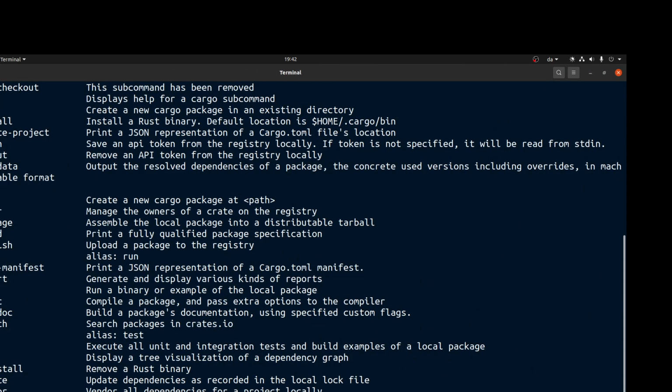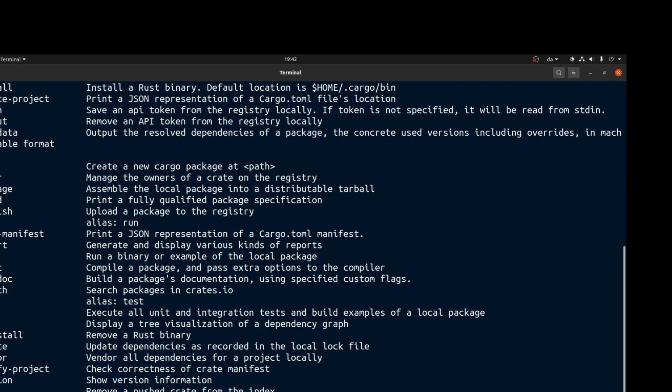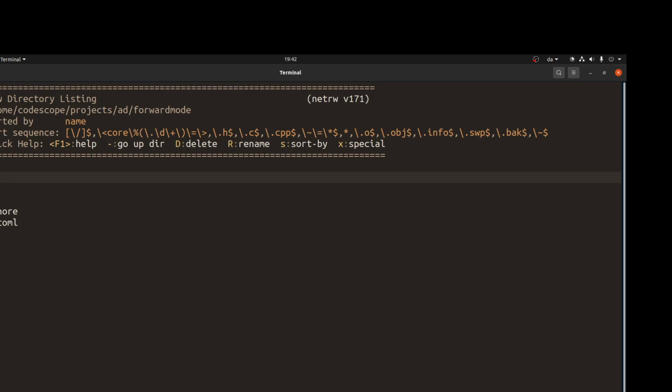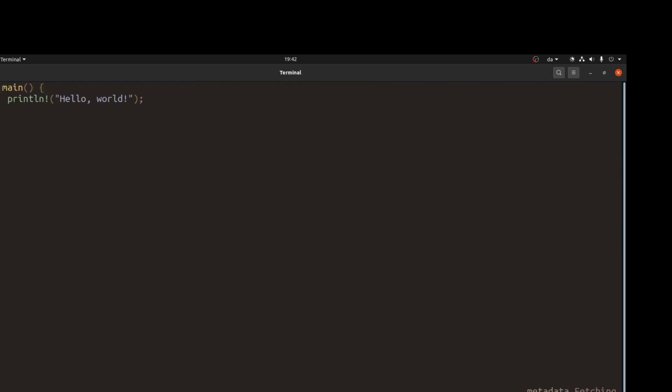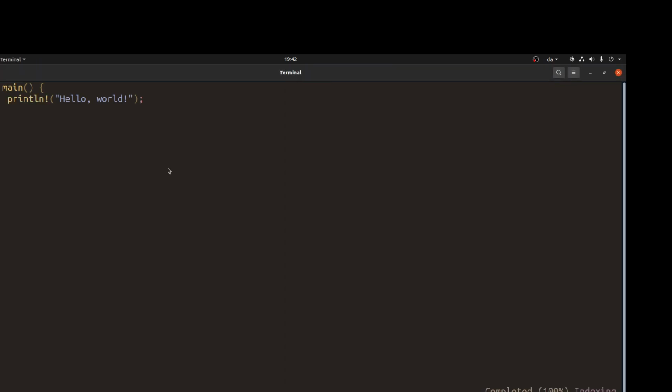So we'll make one new crate that's called forward mode, and later on I will probably make it like a full-on workspace. All right, so what do we want to do? Forward mode